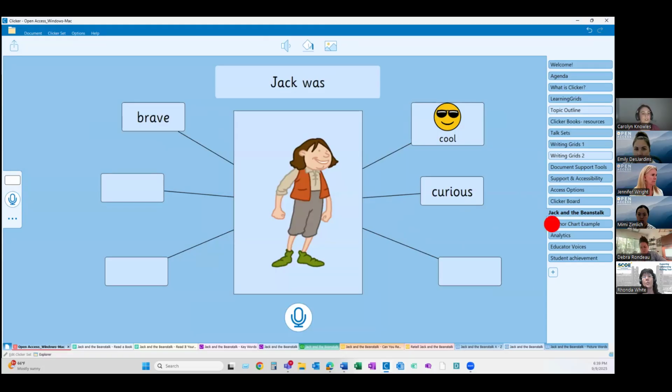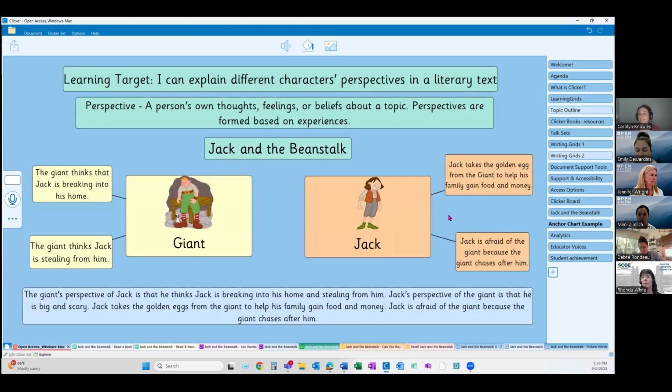But another thing you could do is launch a lesson with a board and make an anchor chart. I made this one with one of my coworkers. And again, I kept it at the end. I could totally have done this at the beginning. The point was to show there's really anything you can do with a board. I've seen people make matching activities. I've seen people make their own retelling activities or sequencing activities. There's so many different things that you can do.